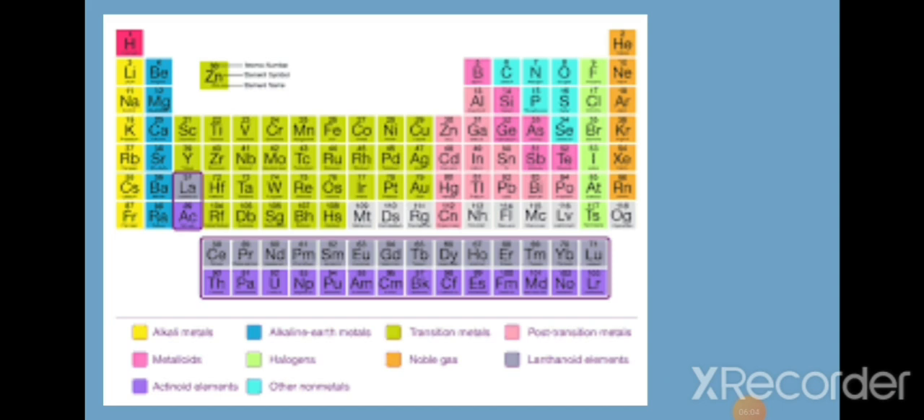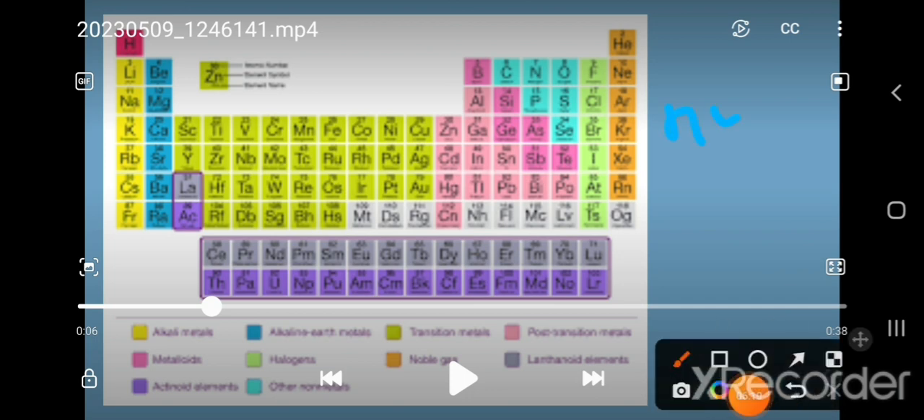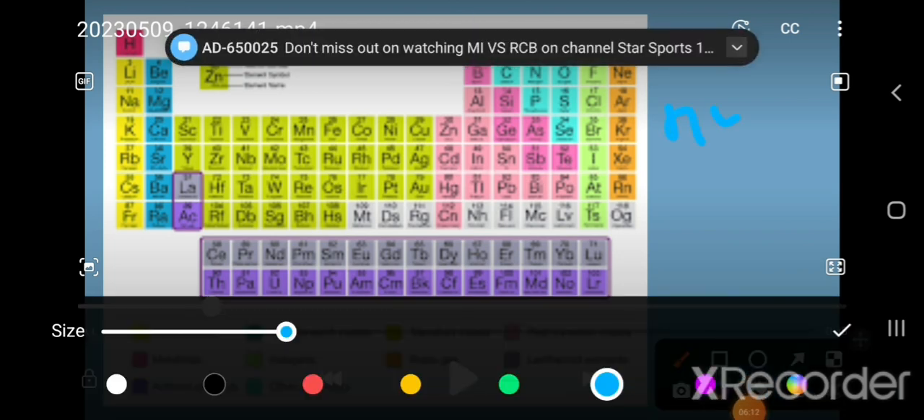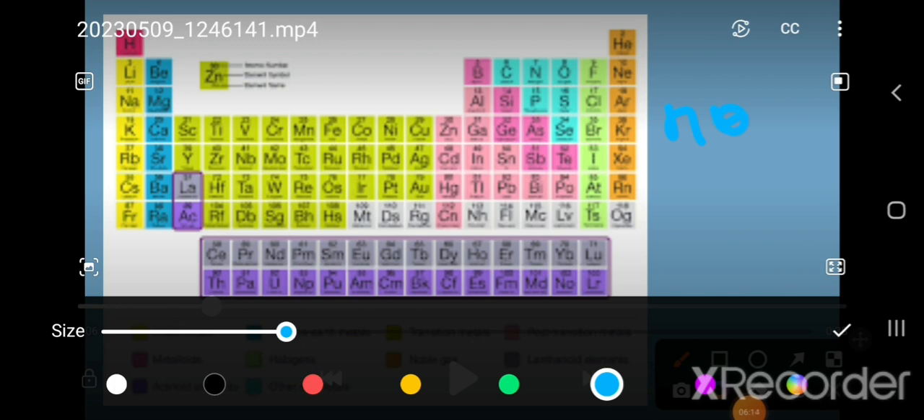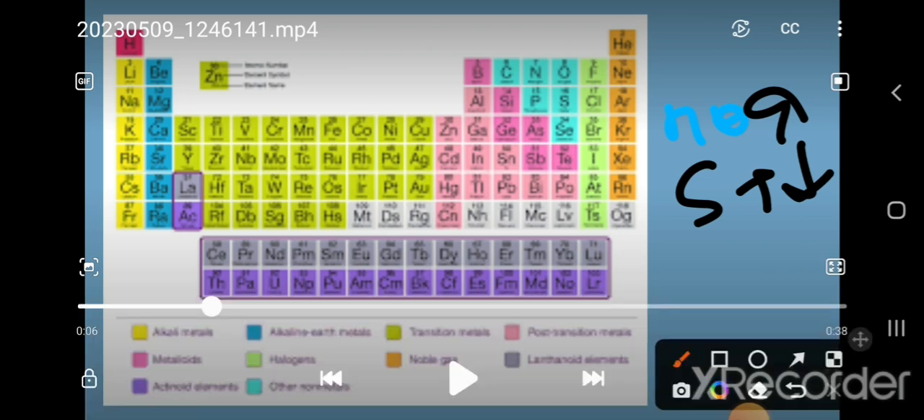Number of shells increase होगा, number of shells increase होगा automatically, shielding effect decrease होगा. Don't forget that it will be decrease. Now what will happen now? After that,